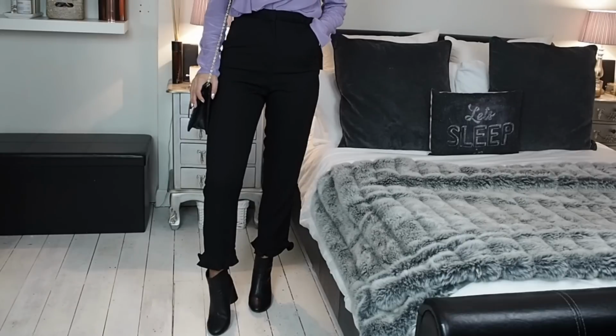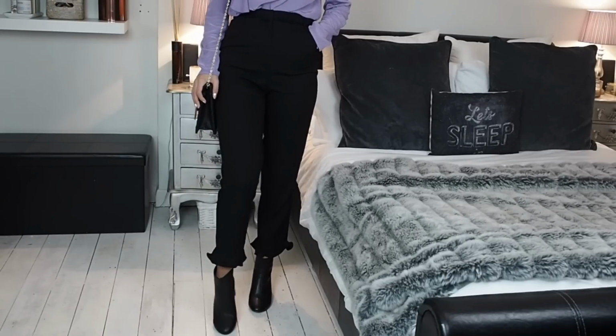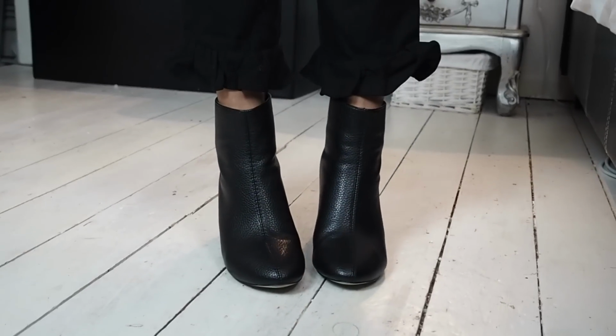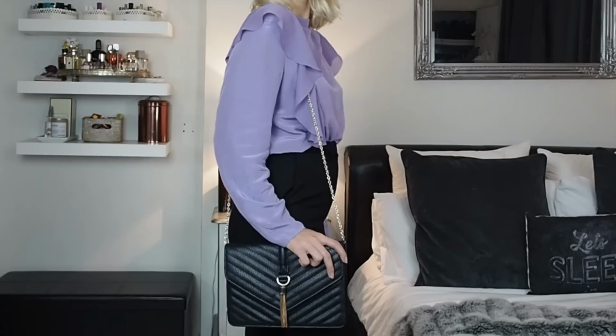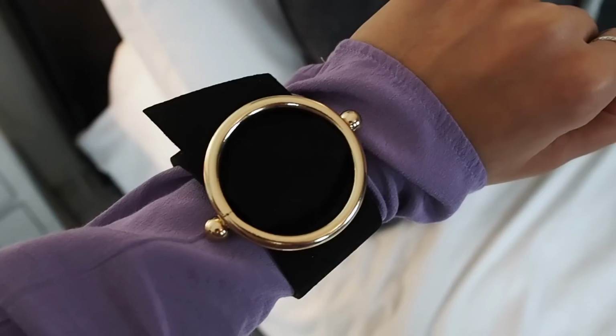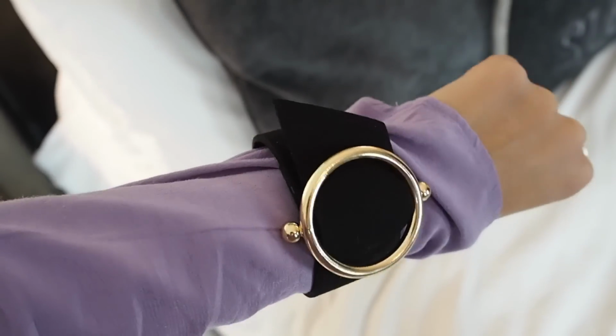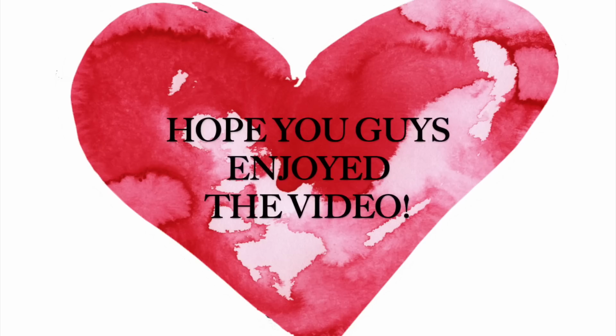So for my outfit, I've gone for a kind of smart casual look. The top and the trousers are from H&M. I'm absolutely loving this frill detail that seems to be in trend at the moment. And I've just paired this with some Public Desire black heeled boots and a little bag from Boohoo. I also then completely forgot that I bought this bracelet from H&M, which I also love, so I popped that on after. So I really hope you guys like my finished overall look,